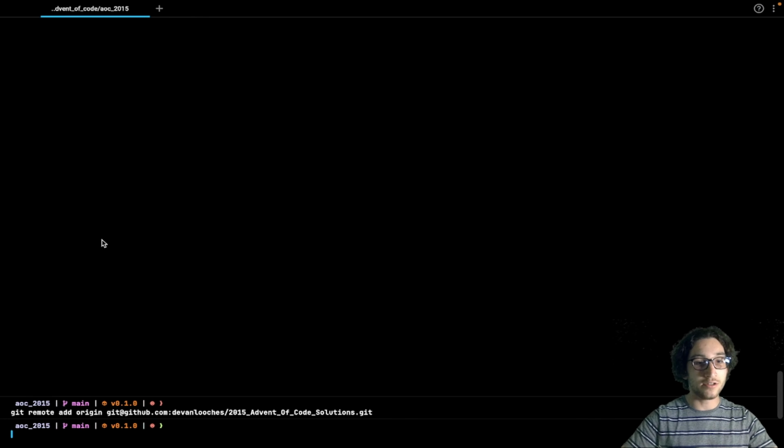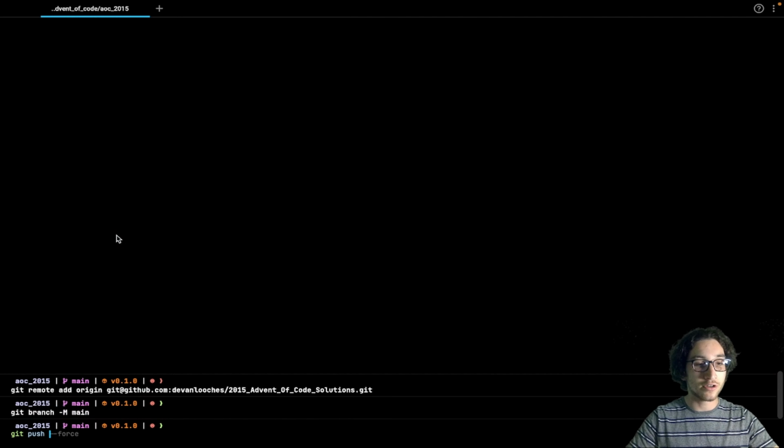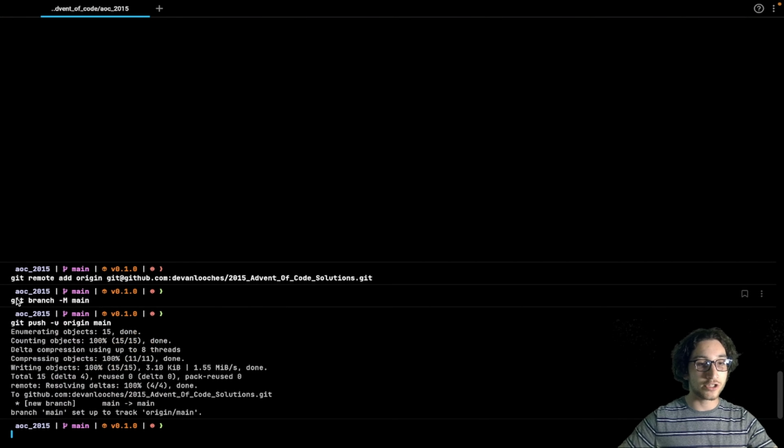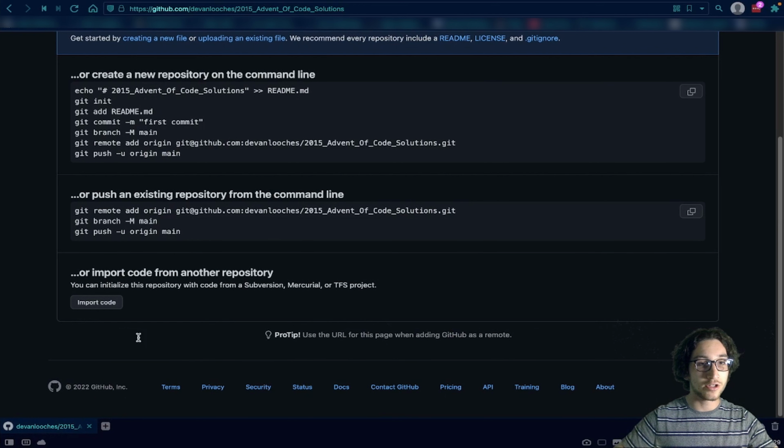And then what we want to do is set the branch to main, and then we're going to push all the code, but we're going to also use the -u to tell it to set this as the default for pushing. So we're going to say origin main. Origin is the name of the remote that we're using, and main is the branch that we're pushing to. And it's going to set this as the default for us because we've used -u. So now it's pushed all of our code to this repository.